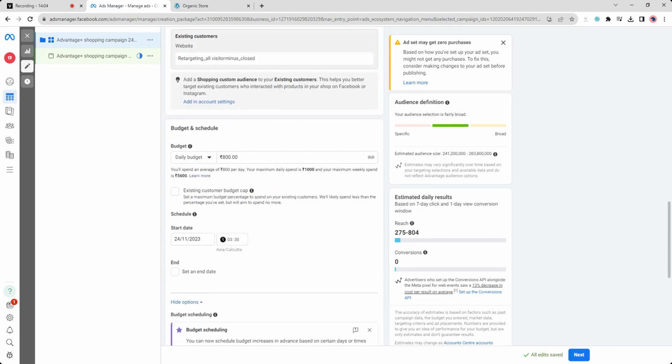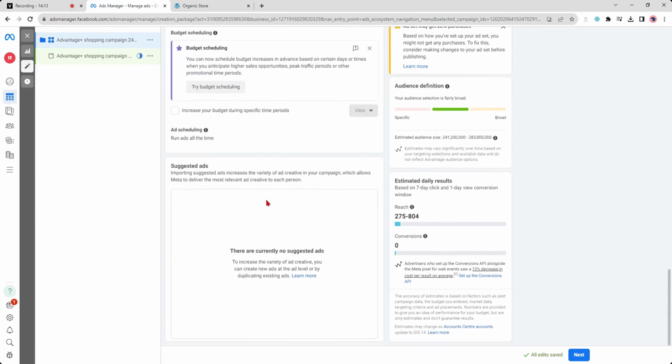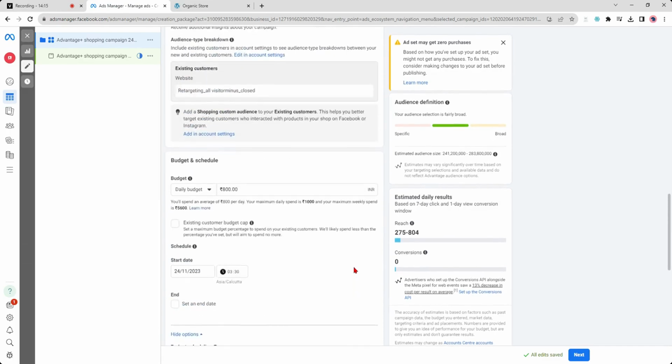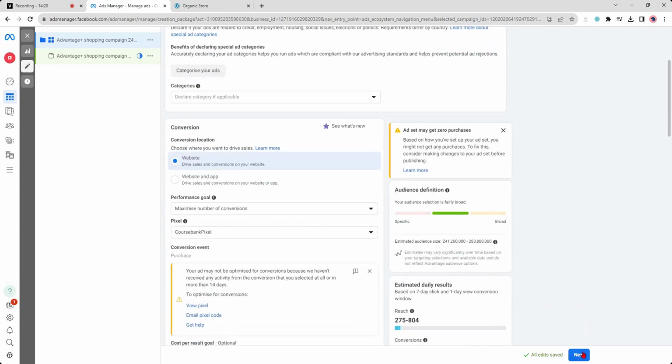Okay, the daily budget has been mentioned at 800. You can select that. Existing customer budget cap, we can also alter that to our own liking. Rest of the things remain the same. So this is what we do on the campaign basis. Okay, we'll click on next,